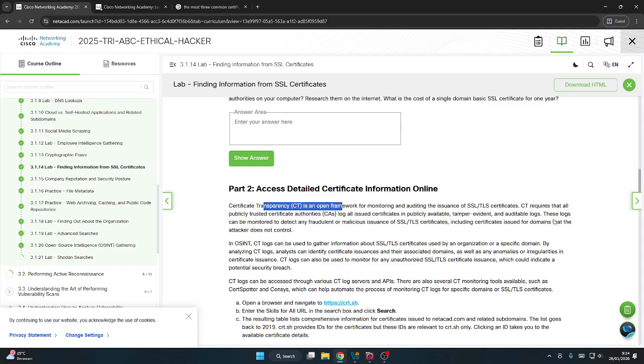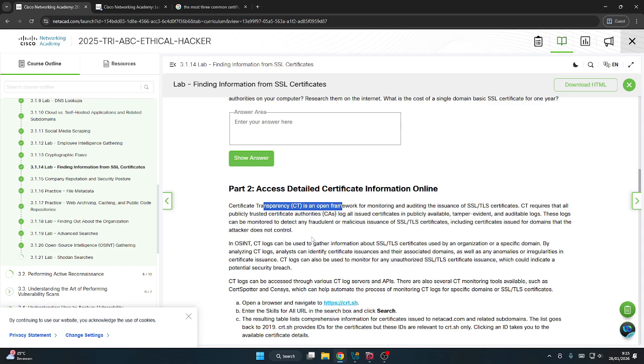CT requires that all publicly trusted certificate authorities, or we can say CAs, log all issued certificates in publicly available, tamper-evident and auditable logs. These logs can be monitored to detect any fraudulent or malicious issuance of SSL TLS certificates, including certificates issued for domains that the attacker does not control.